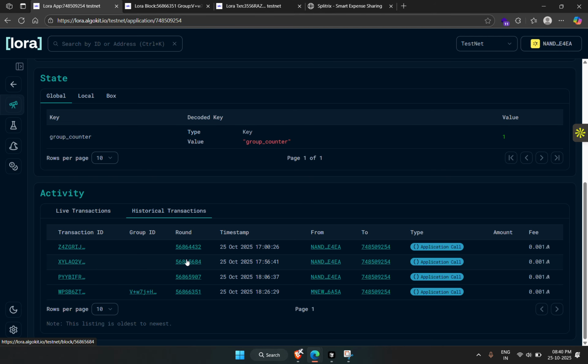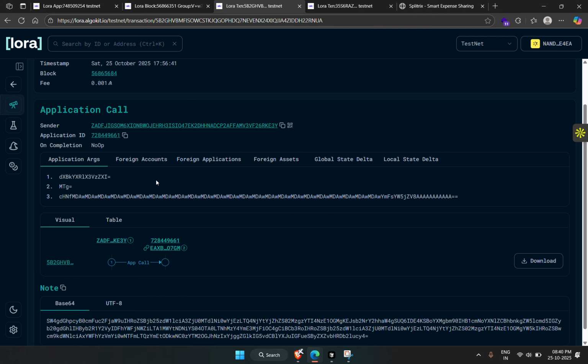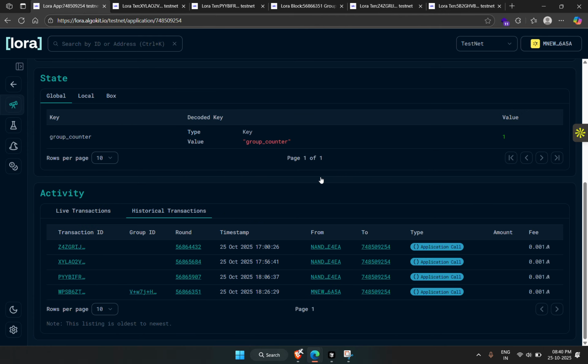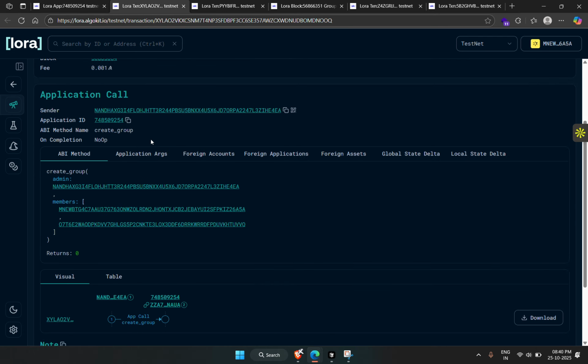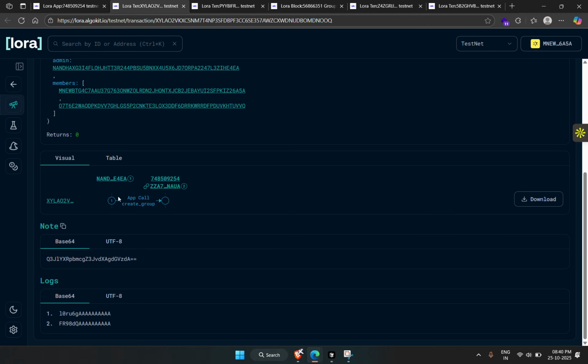Let me go from top to bottom. Here we can see that the group has been created from Nanda, and also we have added this particular wallet